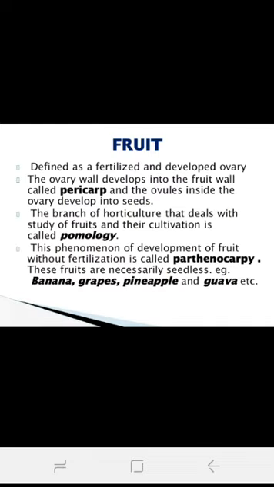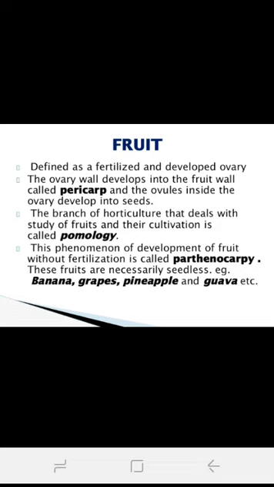Then one more placentation is free central placentation. Here the placenta develops along the central axis without septa. So you can differentiate it from axial, where there is a central axis with septa or locules. Here it is a central axis without septa, that is free central placentation. Okay, so let me conclude the placentation: axial, basal, free central, superficial or laminar, marginal and parietal placentation. Okay, so now let us pass on to the fruits.